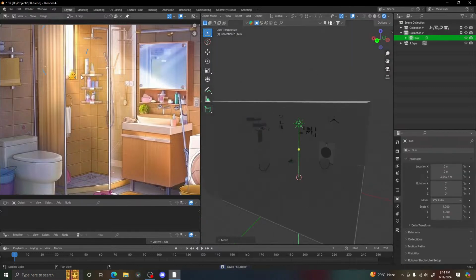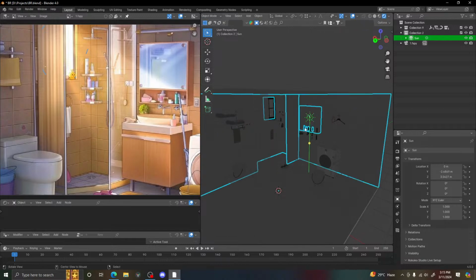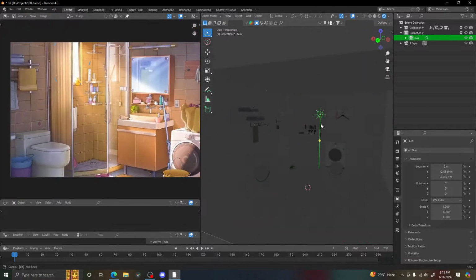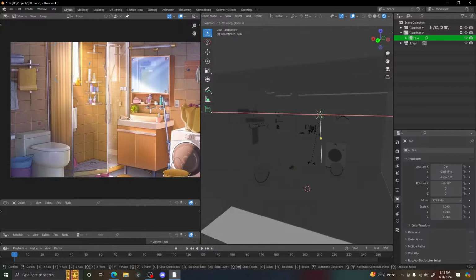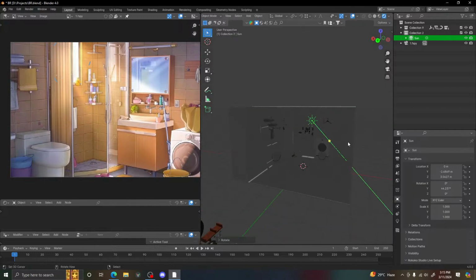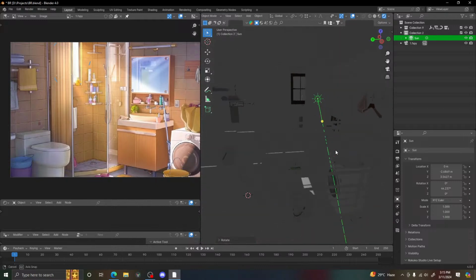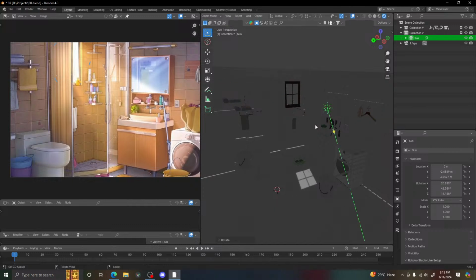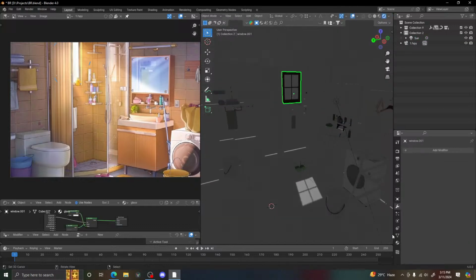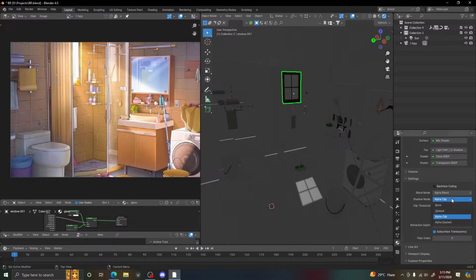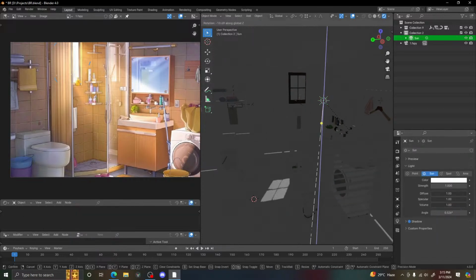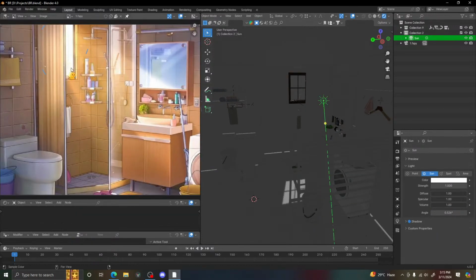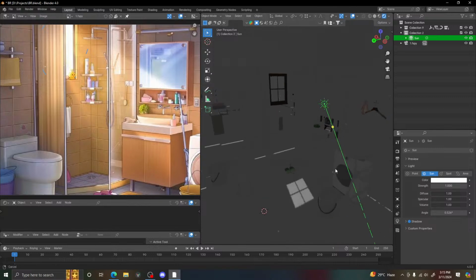For now we are going to use the window light. Nothing that fancy, just use what you like. First I'm going to assign where the light is coming from. The window is still doing great, but I'm going to remove the shadows from it. I will just click on that. You can see I just do not want it. So we can see the window shadow is on the sink,